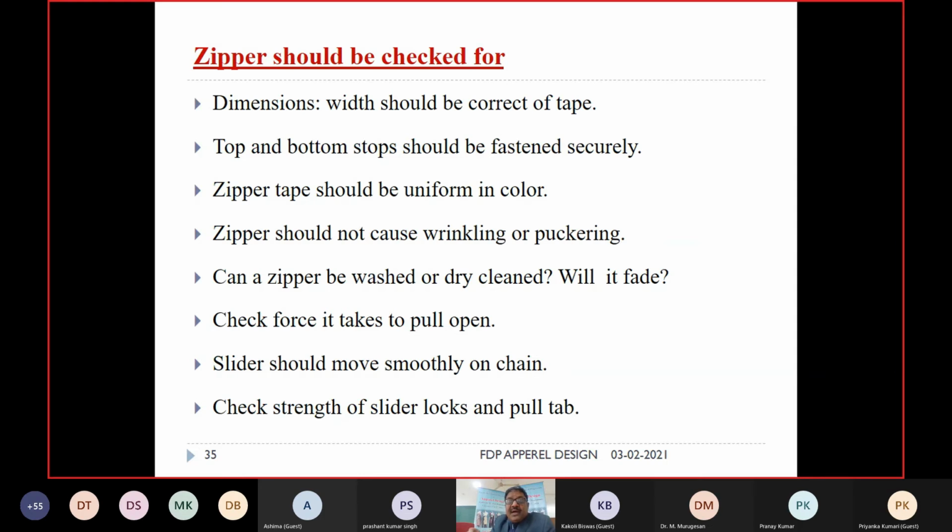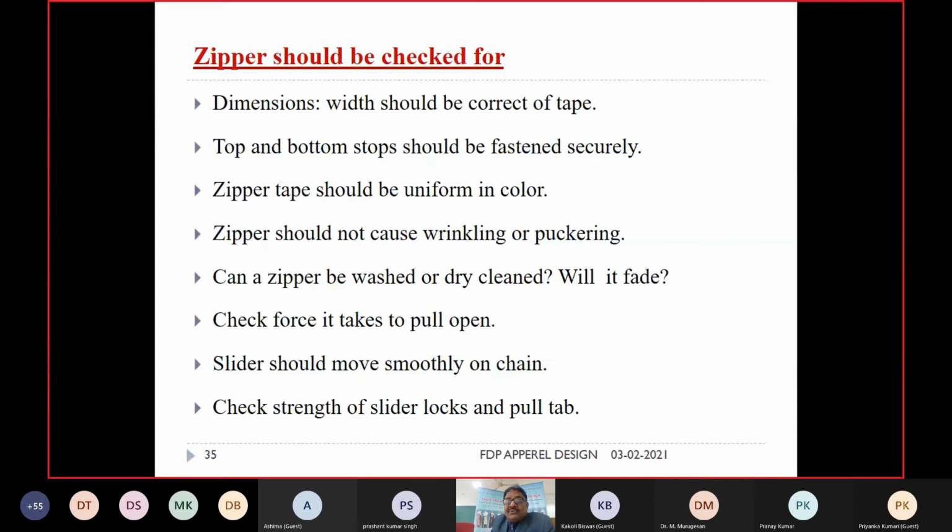How much strength is required? How much force is required to open the zipper? Again, there are some criteria, ASTM standards for children wear garments. In children wear garments, up to a certain age, you cannot use this big zipper. This zipper is not used for toddler garments, children garments, and this type of closure is used for pre-adult. So in children's garments this zipper is not going to be used.